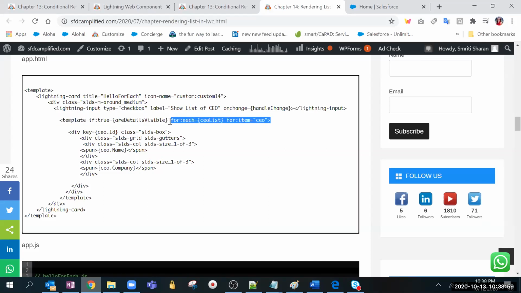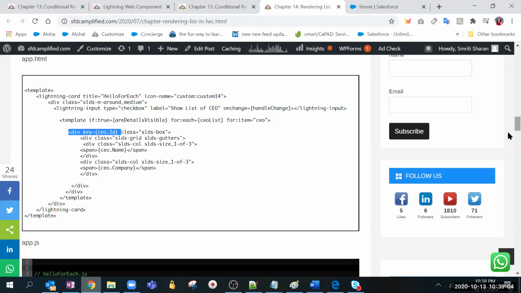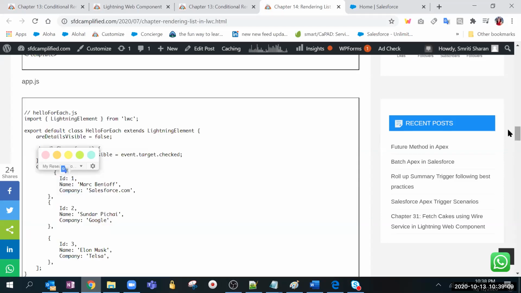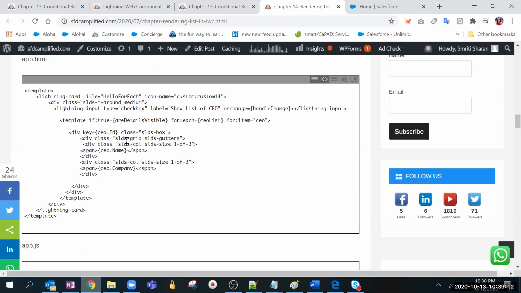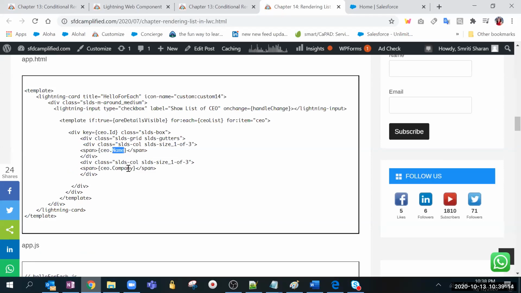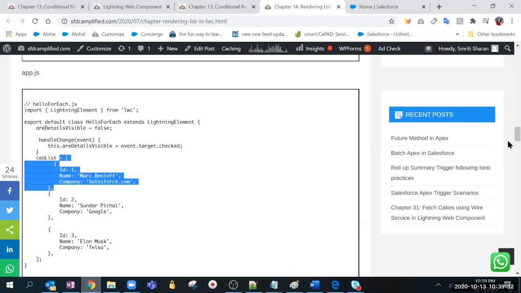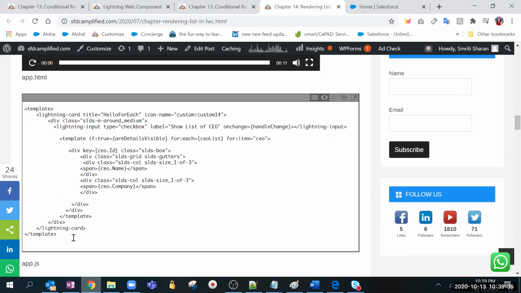That is clear, right? Now, once you write it, then you pass a key. In this case, ID is the key. You pass a key, and on the basis of the key, you get CEO name, then CEO company. You can do any kind of design you want. That doesn't matter. But the main point is when you put CEO name, initially one name will come, then it will iterate again and show another name. Here it will be iterating over the 3 elements, and like that it will be showing. So let's copy paste the code and see.